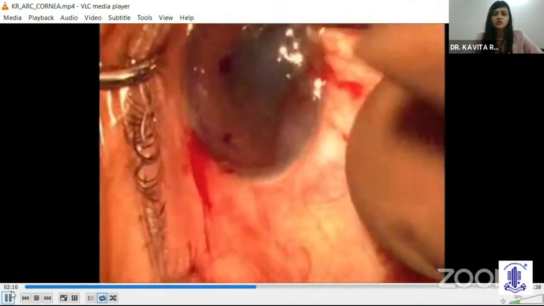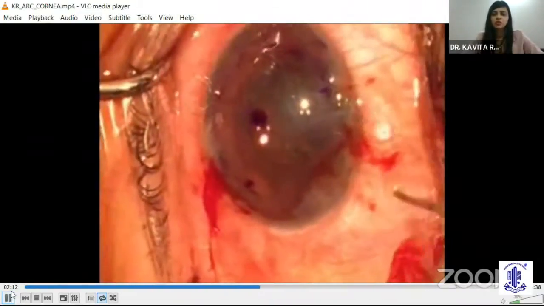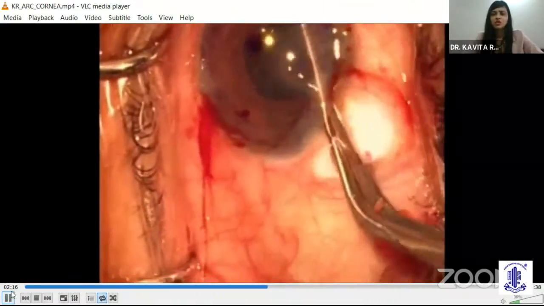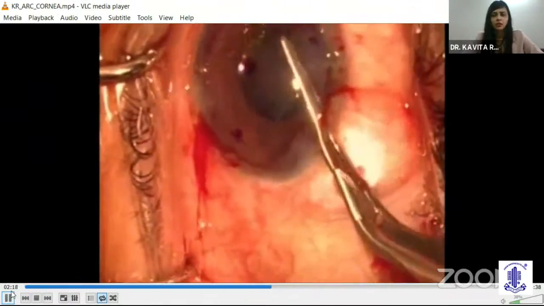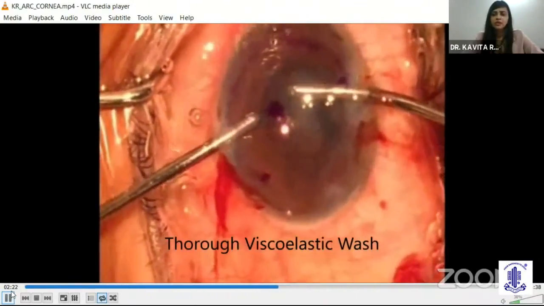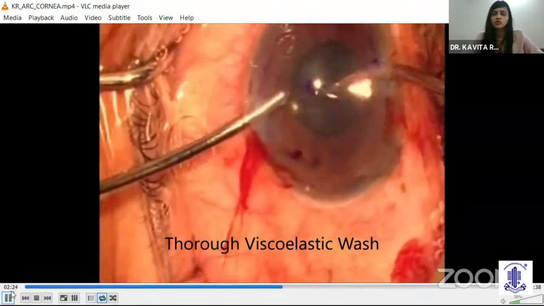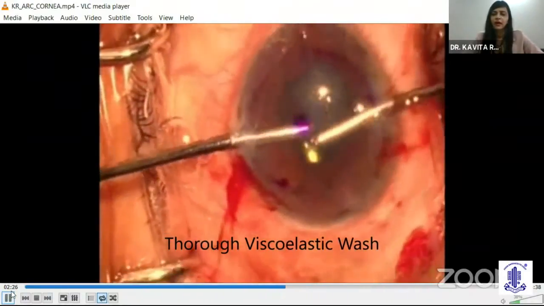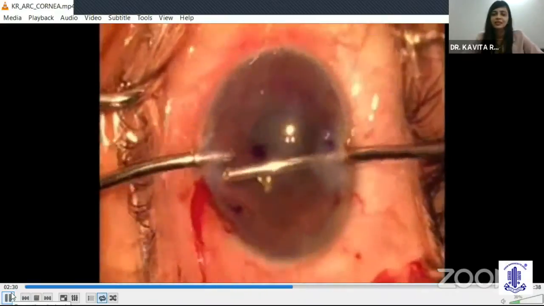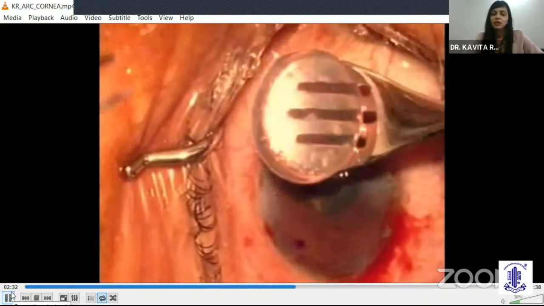At that point, you can use Vannas scissors or any other instrument to help with removal. You can strip this Descemet and make sure you take it out and check that all the pieces have been removed. This is a very important step: you need to remove the viscoelastic thoroughly. I have seen patients where this step has not been done, and you see viscoelastic in between the disc and